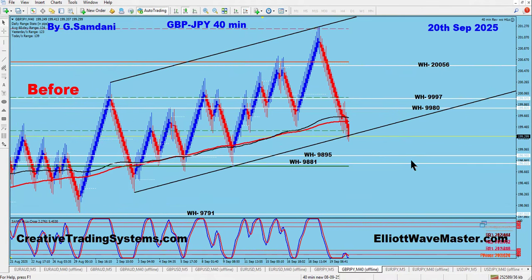Now, the other person that was asking the question wanted us to tell the exact place of turning. We don't need to know that exact place. It may turn from here. It may drop, and as long as it keeps posting red, I'm not even thinking about going into any trade. Short is completely out of the question, right? And long, I can only go into a long trade of this pound yen after having a reversal candle and then a 7-minute long entry on the 7-minute chart. That is the entry I'm going to take.